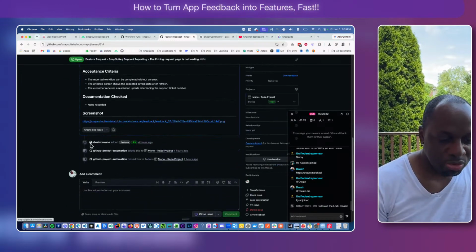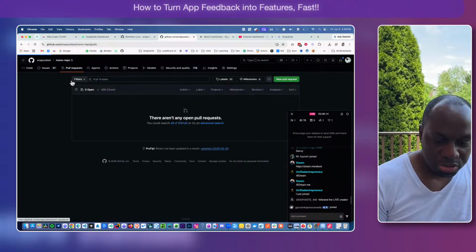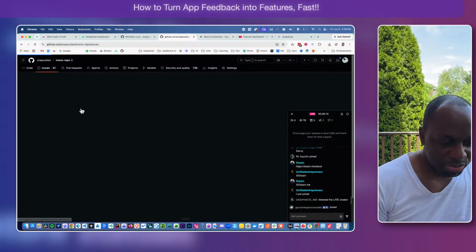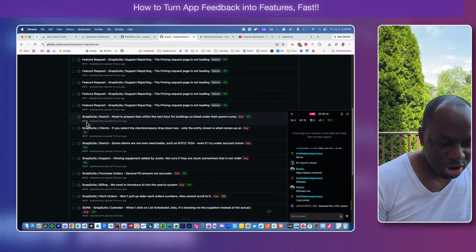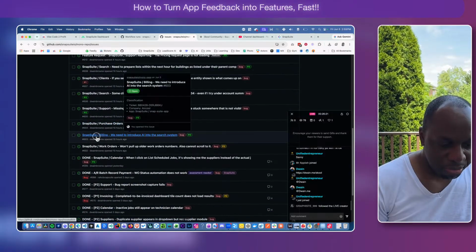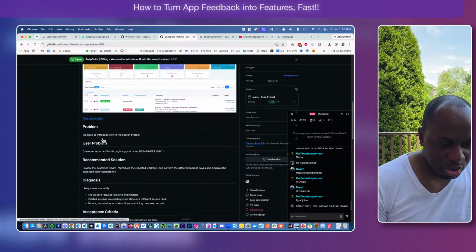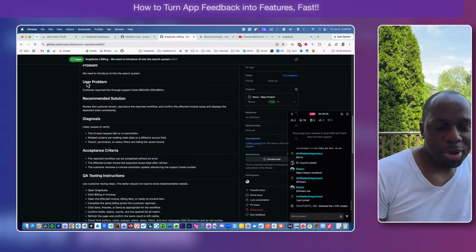Let me see if we can find it in this one here. No. So what I'm going to show you is instructions. Let me see if we can find one. Okay, here. So at the bottom of every ticket,